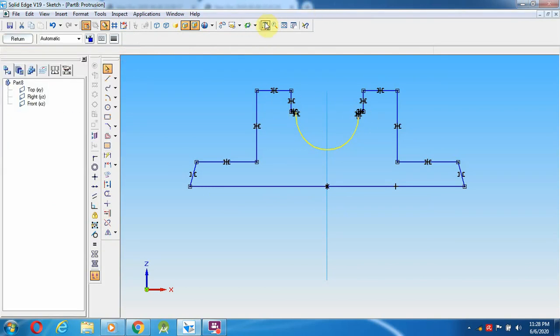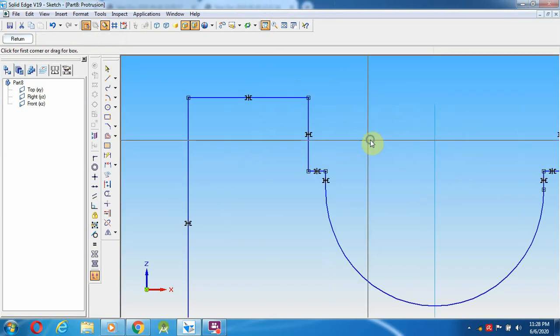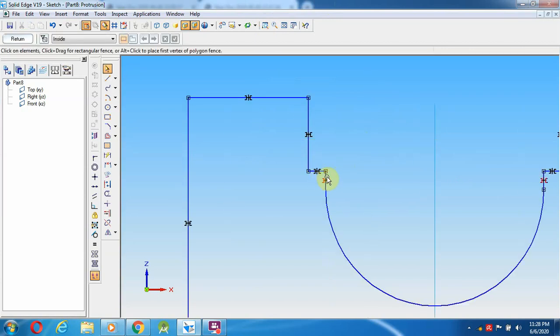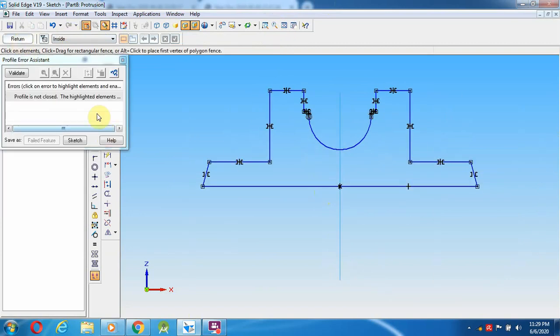So these are all the things that are not connected properly. So I am going to draw once again. So instead of doing this one, this line I am going to delete, that line I am going to join over here, this and this particular end point. Then fit, going to give return.